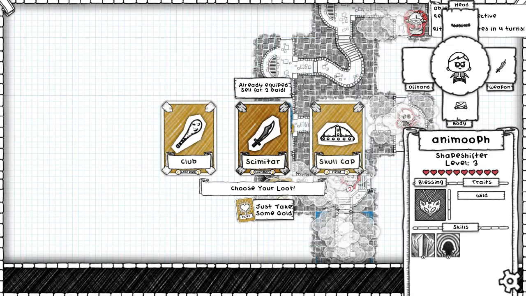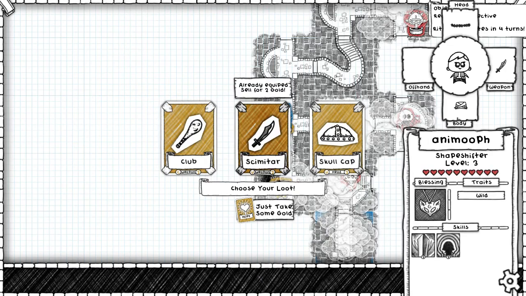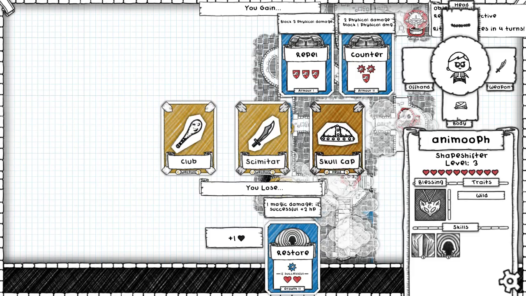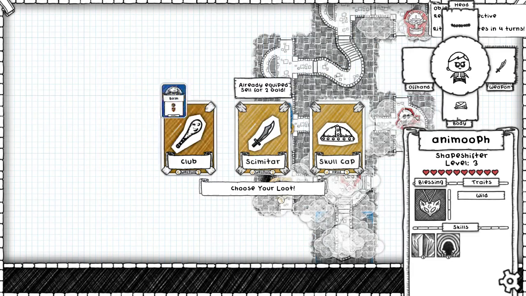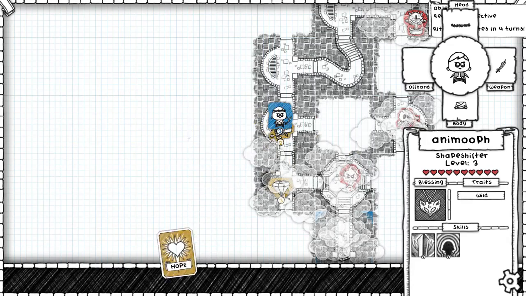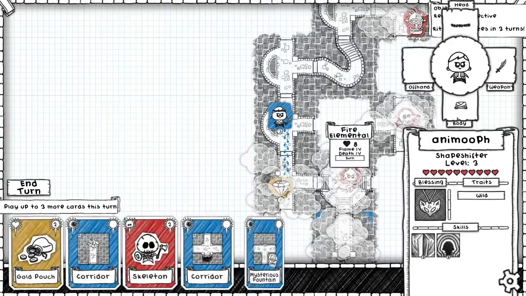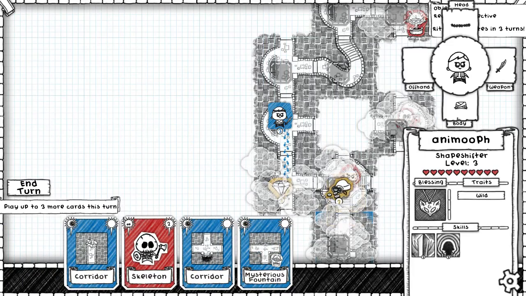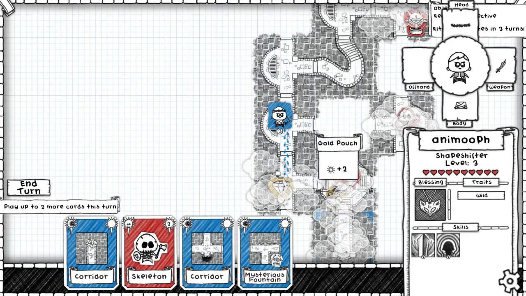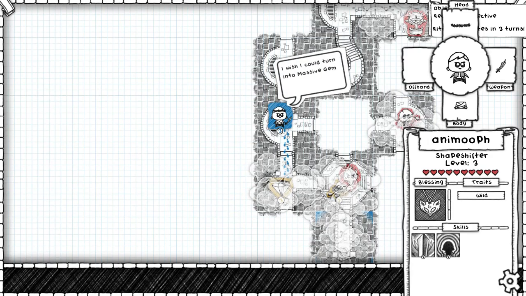And we already have a Scimitar, so we just get 2 gold if we did that. And we would lose +1 and a restore for that. But I will just take some gold, because it might be a massive gem, which I could then plop down here, but it is a gold pouch. Whamp, whamp. But if we get to this room, which we will, and win the fight, which we hopefully may,